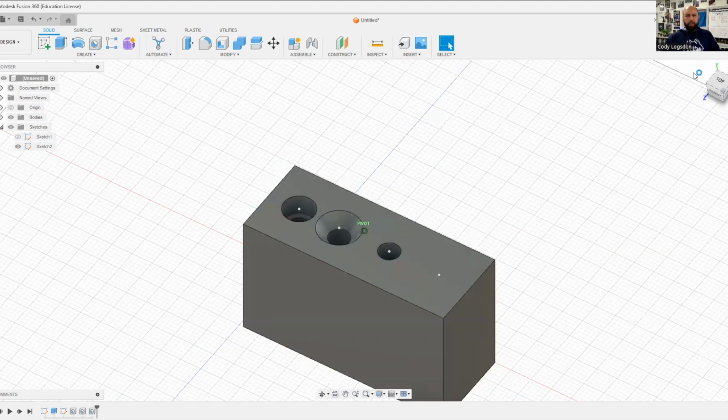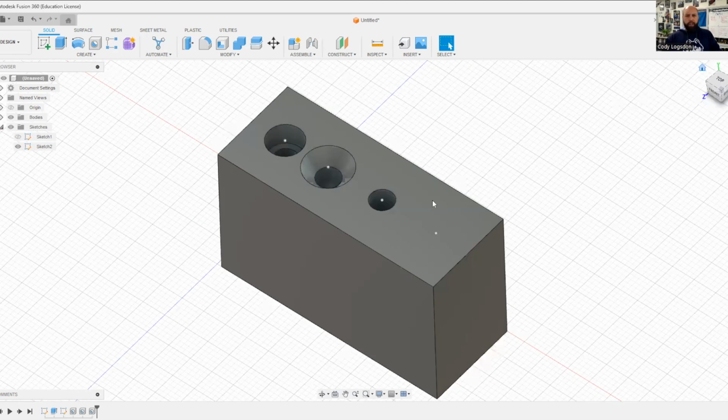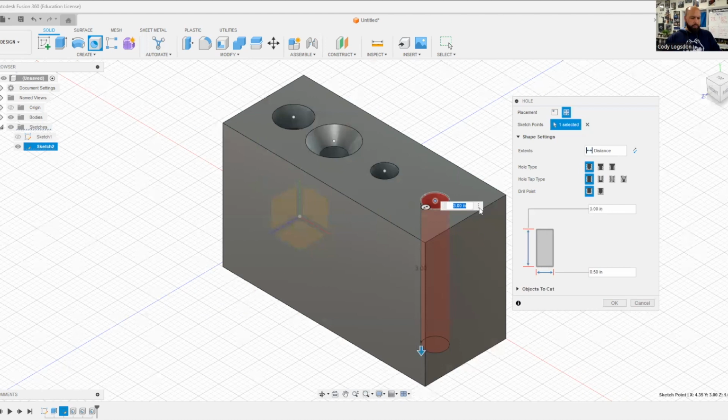All right. And last but not least, our final hole is going to be right here. Excuse me. And if I'm reading my holes notes, this is going to be a counterbore. We're going to see a drill point of an angle, and we're going to keep this hole tap type as a simple. All right. So up at the top, the extents of the hole is going to be 1 inch. The diameter of the hole is going to be 0.375,